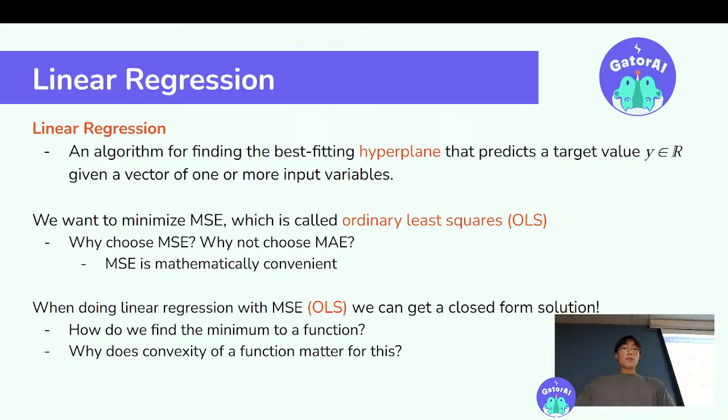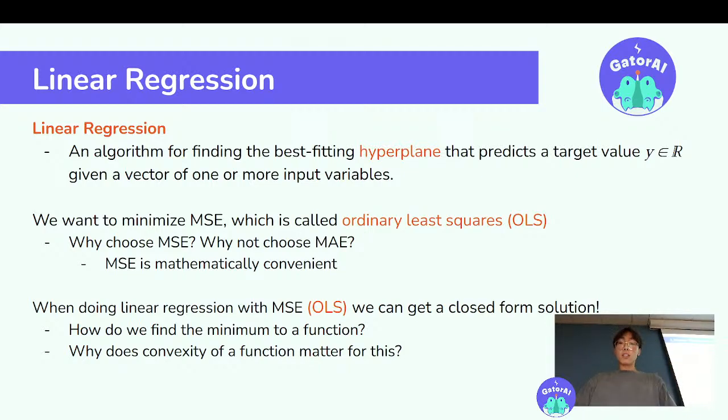So after we do that, it might be difficult to see, right? We have our minimums, we have our maximums, right? But we said the convexity matters for this, because after finding the critical points and restricting them to the minimums, we don't know if it's a global minimum. So the convexity guarantees that when we find any minimum, it'll be the global minimum. It might not be unique, but it'll be a global minimum, right? So that's why convexity matters for this loss function.